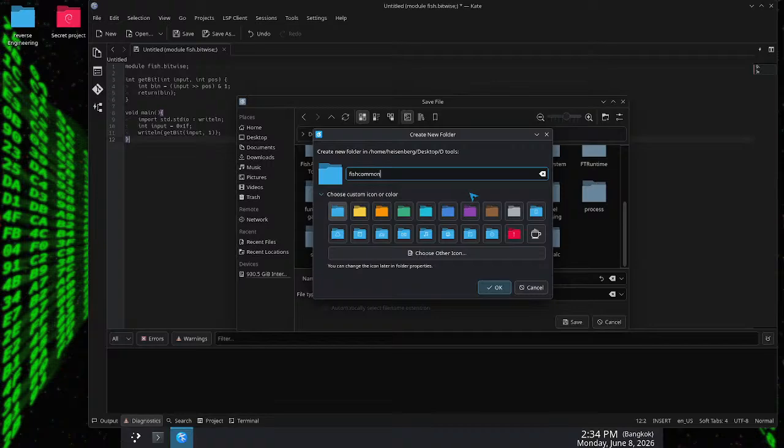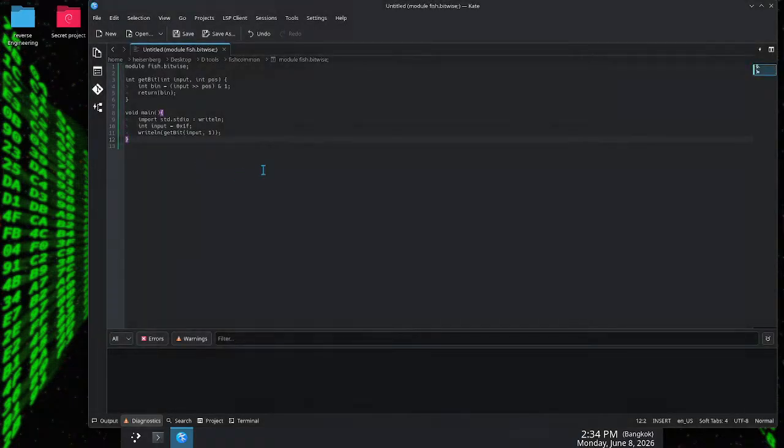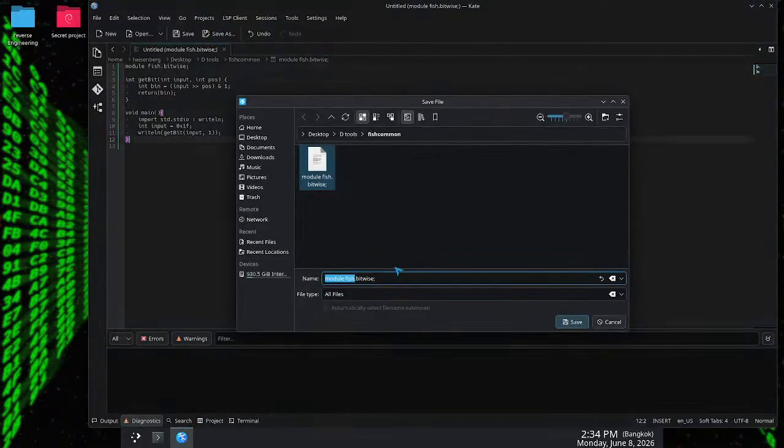Yeah, everybody wants to use the fish common library, okay? Just call it fish common, okay? Hell yeah. Fish common is gonna be... Fish... bitwise.d